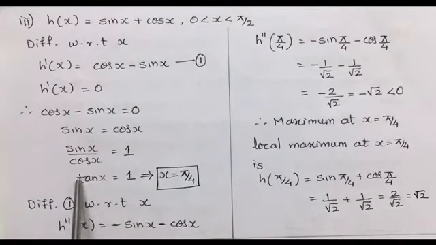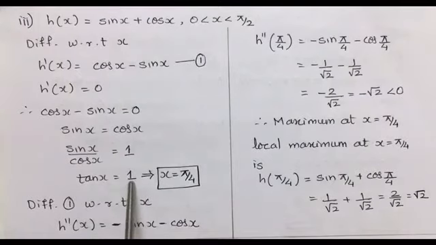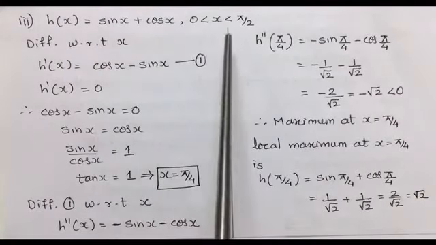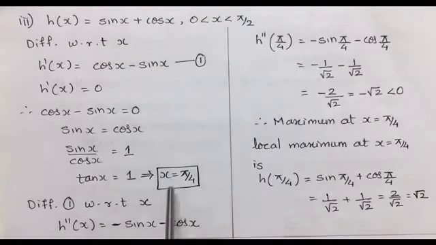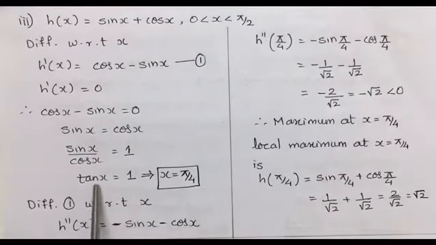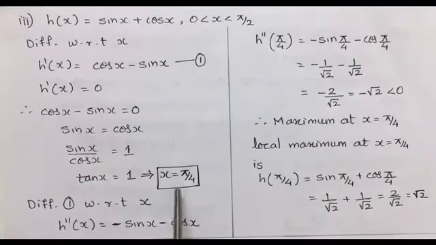Now as tan x equal to 1 is a positive number, in the first quadrant x will be 45 degree. So 45 degree means x is equal to pi by 4, where tan becomes the value 1. So we got here the value of x as pi by 4, only one value of x.